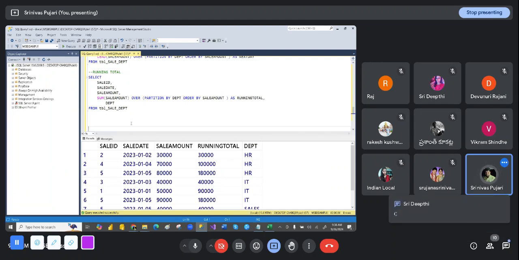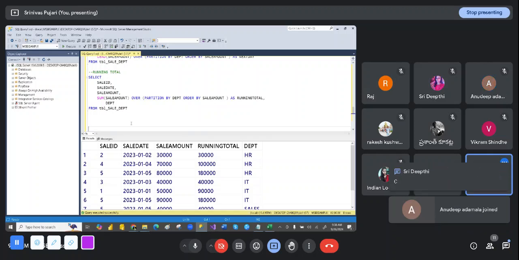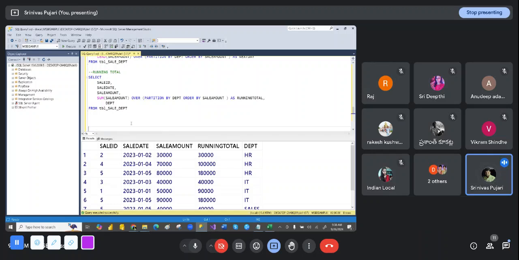So this is all about the window functions. Next we are going to learn about stored procedures. What is a stored procedure? A stored procedure is a program, guys, where we can write all the things. Normally, when I use the create command inside a stored procedure,